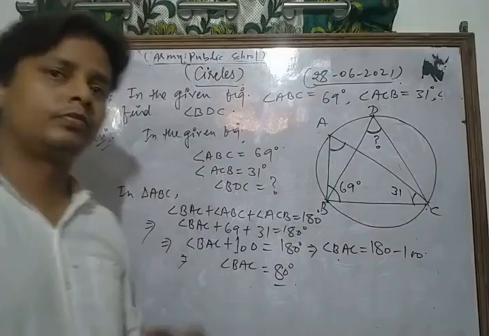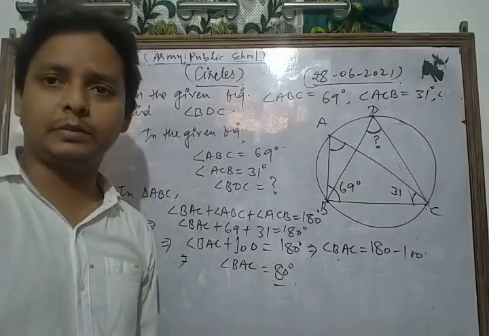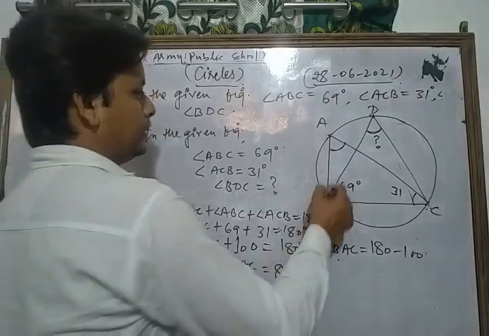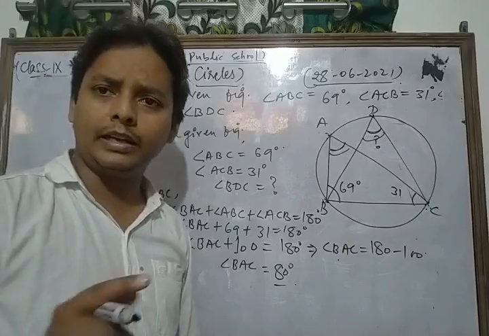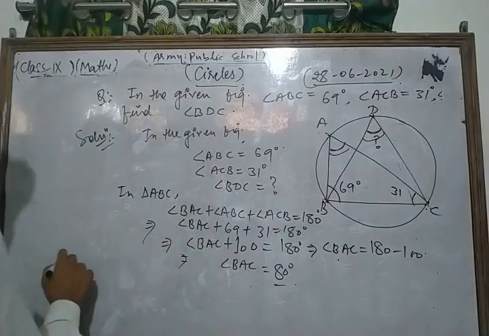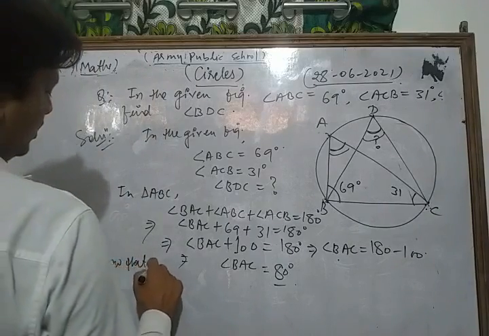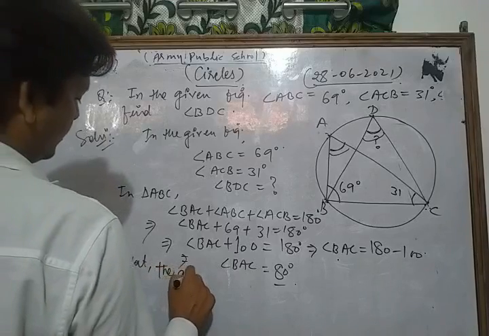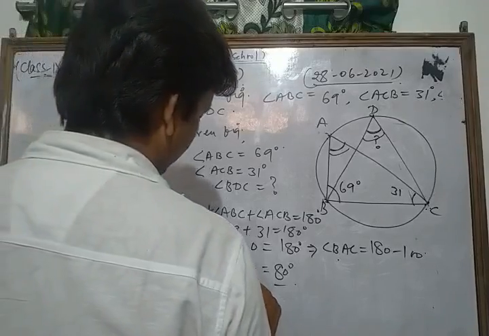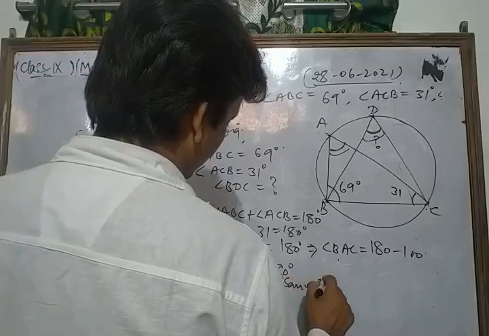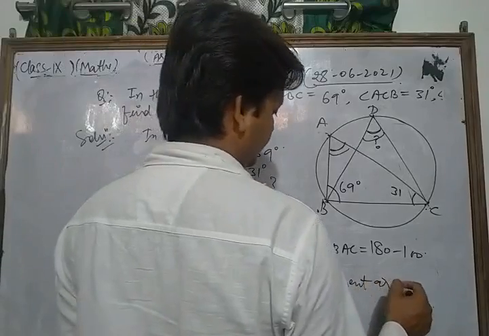Now in this way we find angle BAC, which is 80 degrees. Now according to the theorem we discussed in the previous class, angles in the same segment are equal. So here angle BAC is the same as angle BDC. These are angles in the same segment. So since we know that the angles in the same segment are equal,